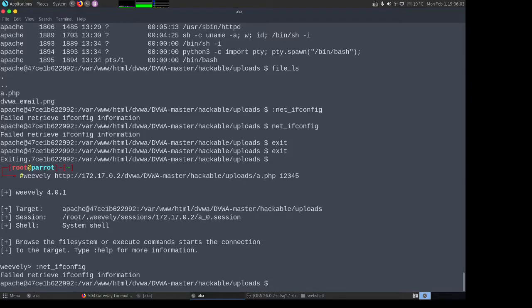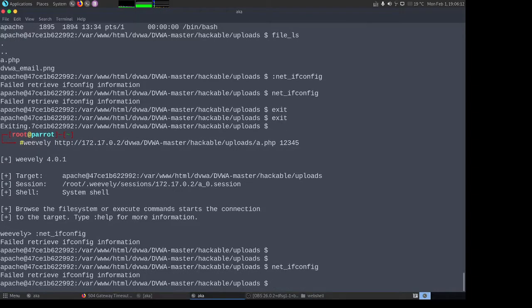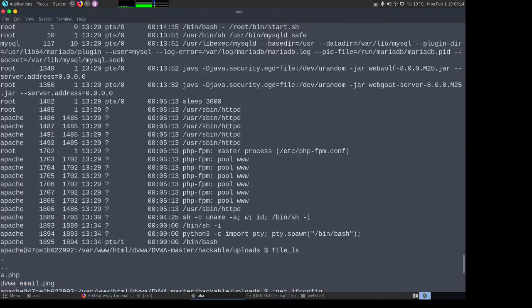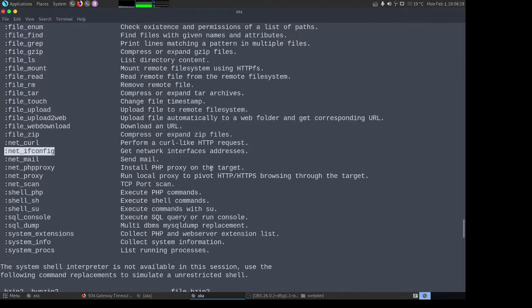Otherwise it will go into a shell. If it is in a shell, then those will not work, is what I am trying to tell you. ifconfig will not work because we don't have ifconfig on this machine, as I mentioned to you earlier as well.